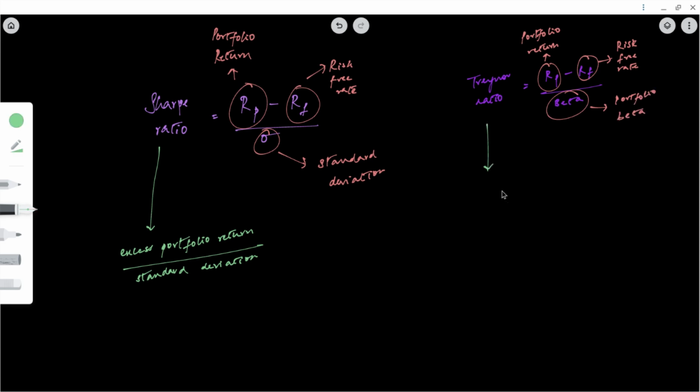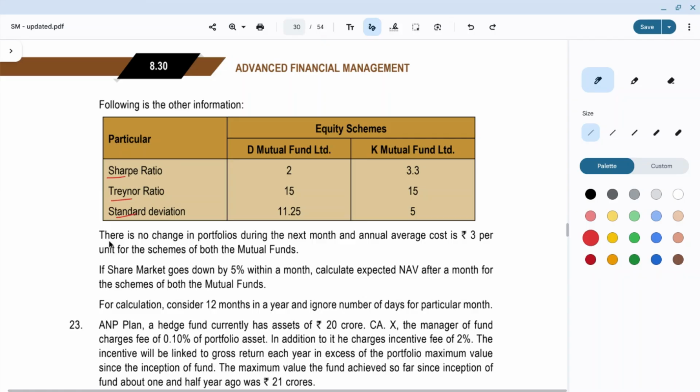So Treynor ratio is excess portfolio return by beta. We have this value, and this value. There is no change in portfolio during the next month, and annual average cost is 3 per unit